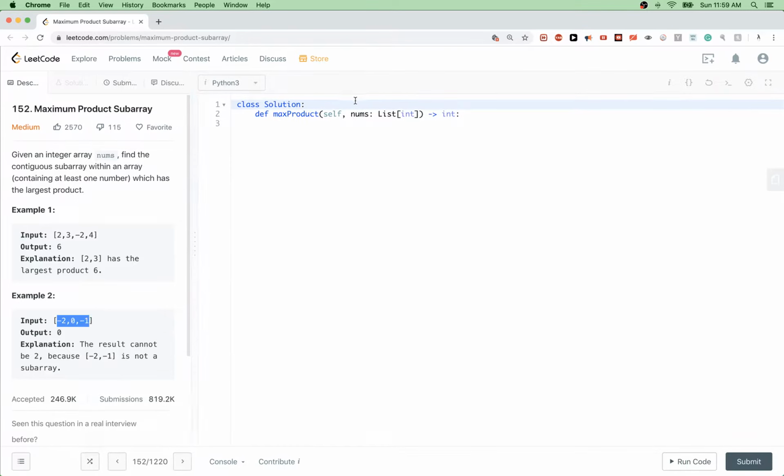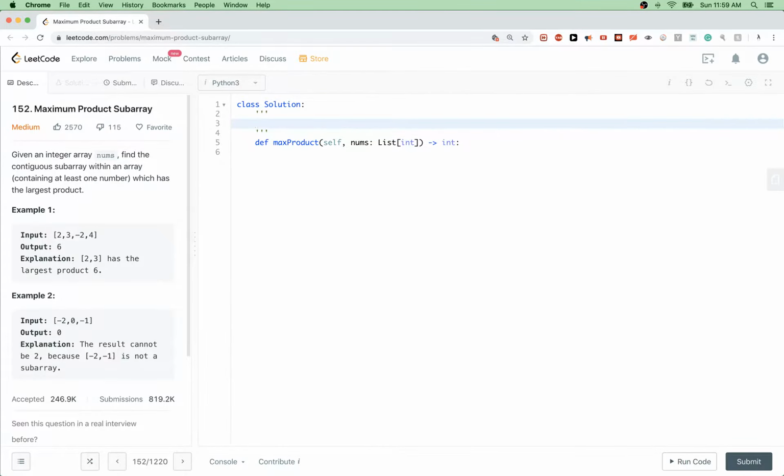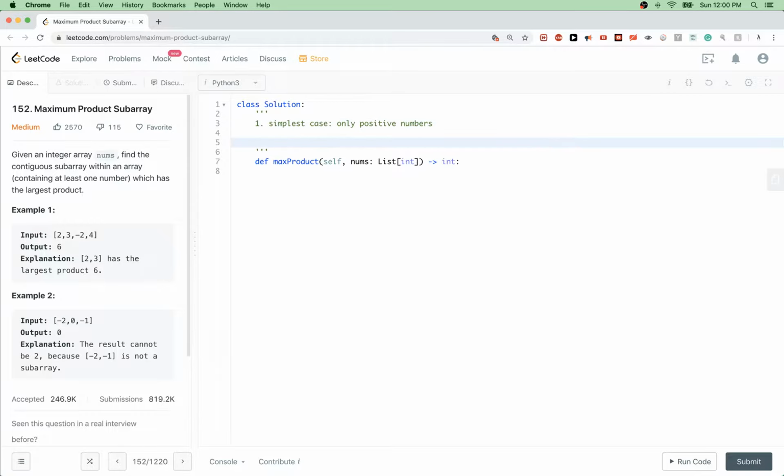So for this problem, the thing that makes it a little bit different is this: if it was just positive numbers, it would be really easy to do, right? The product is just all of them. So let's go from the simplest case and then gradually increase. This is a useful thing to try to do. So the simplest case is only positive numbers. Let's call it case 1, and after that we can handle the slightly more complex one, which is positive numbers